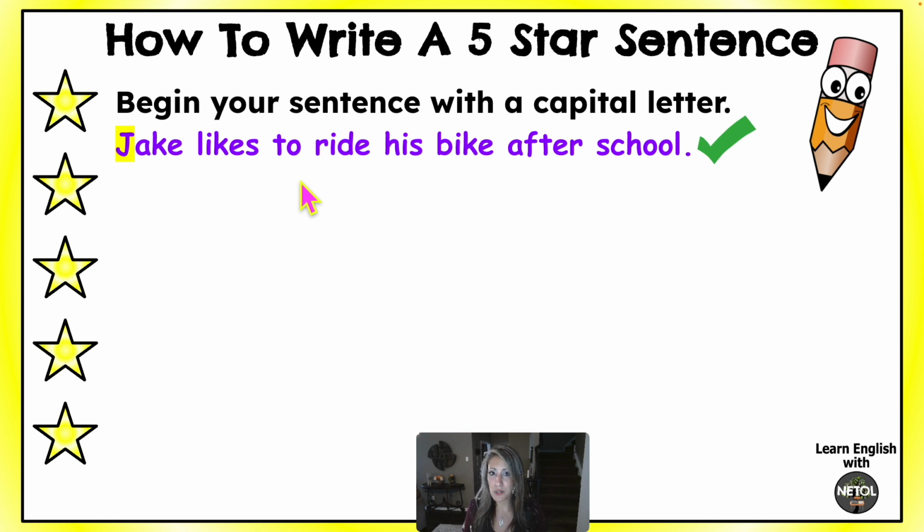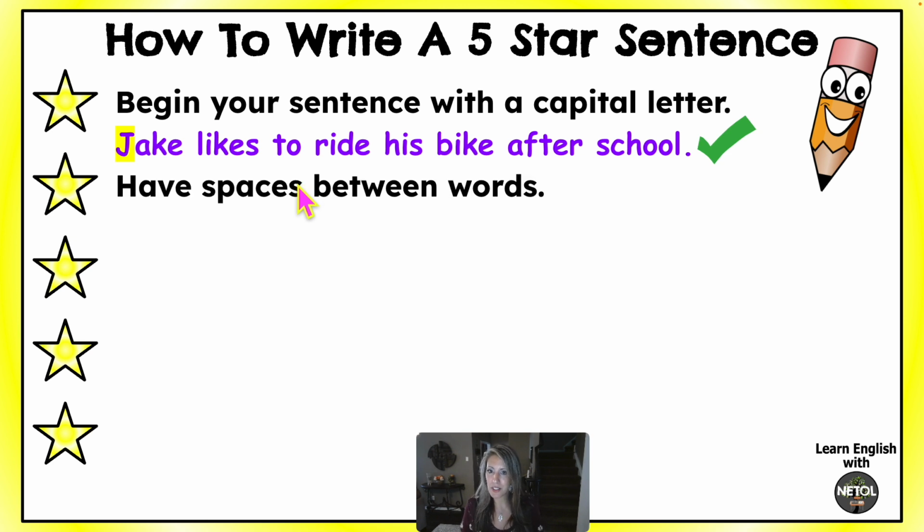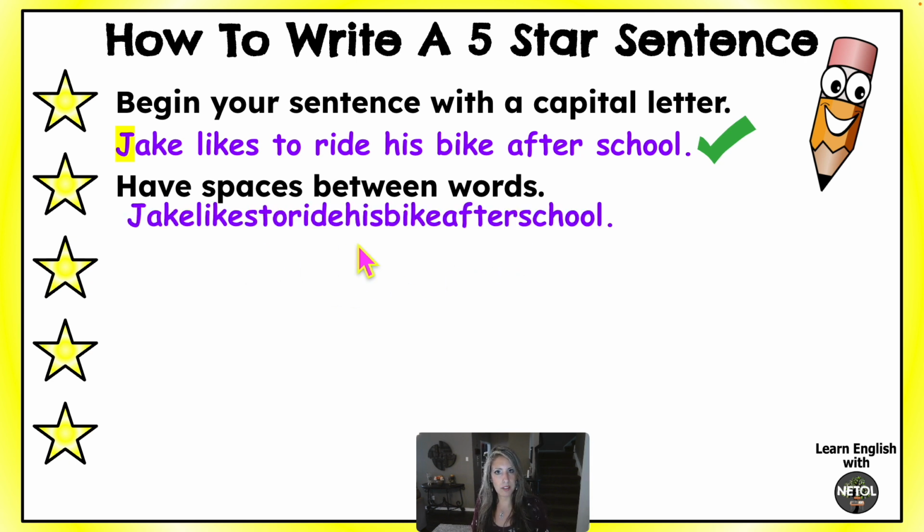Have a look at the next rule to write a 5-star sentence. Have spaces between words. This is a common mistake that I've seen in the classroom where students are writing. The students will write sentences, but they will forget to put spaces between their words. So then this is what their sentence looks like. Please remember to include spaces when you're writing, whether you're typing. If you're typing, remember you write a word and then you press the space bar to give yourself a space